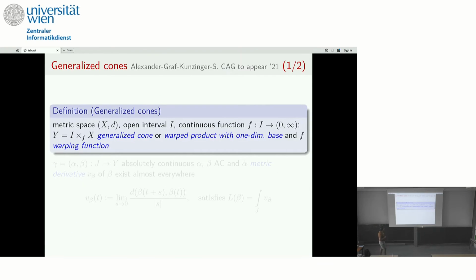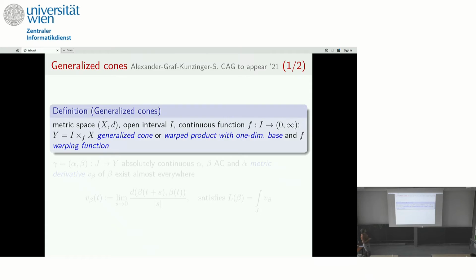Okay, so I want to go more into detail with these generalized cones, and then talk about work in progress. This was joint work with Stephanie Alexander, Melanie Graf, and Mike Kunzinger. We call it a generalized cone. Do not confuse it with warped products in the metric case. A generalized cone is: you take a metric space, an open interval, and a function which is